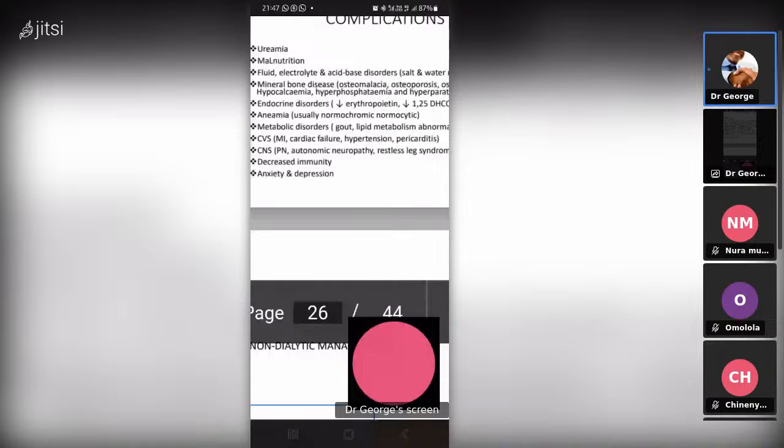So electrolytes, urea and creatinine, you can use them to calculate the GFR. So it's going to be lower than normal. Then lipid profile, you expect some of those lipids to actually be increased. You do your viral studies, serum albumin, you see hypoalbuminemia, viral studies: HIV, hepatitis B, hepatitis C.